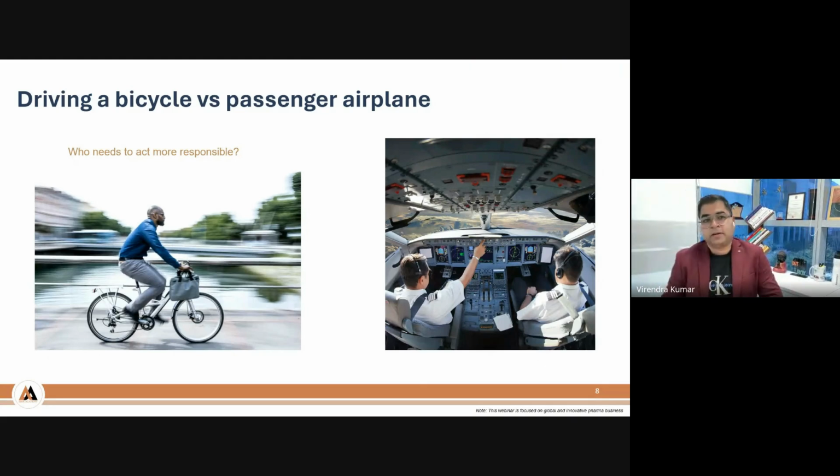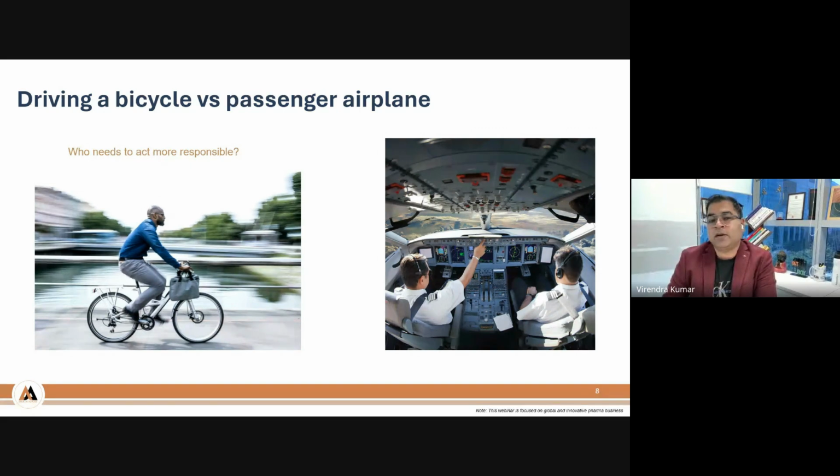And to begin with, let's first simply understand why competitive intelligence is required. And this is my favorite slide, which you can see on the screen, is what is the difference between riding a bicycle versus driving an aeroplane. And I'm not sure if many of you have thought about why you need a pilot certificate for driving an aeroplane, but for bicycle you really don't need a driving license. And obviously you need a training, but you don't need a certification from somebody that you can really ride a cycle. And what I reached to a conclusion is that it primarily depends on the level of risk associated with